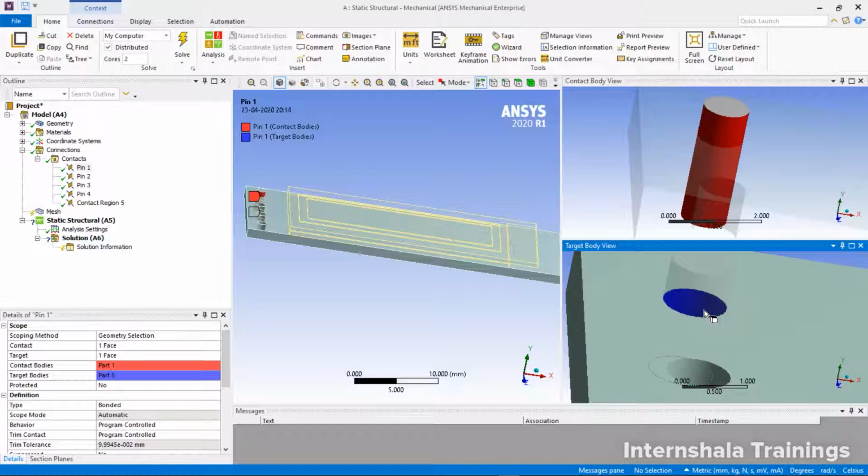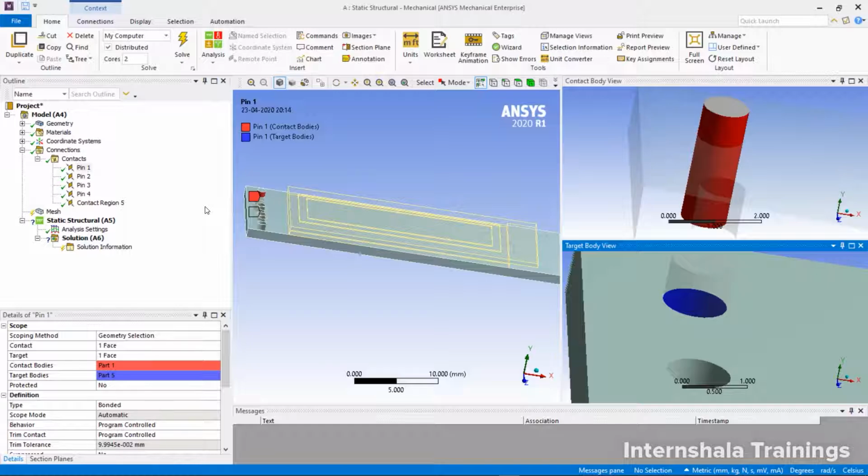And anyway, once you get in an assembly, you need to check whether all the required contacts have been created or not. So once you are satisfied that all the contacts that are required have been created automatically, the next thing you need to change is, if you want to model any change in the contact behavior, you need to change it manually.